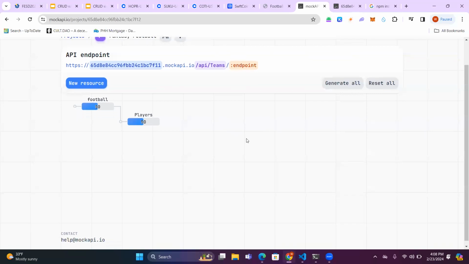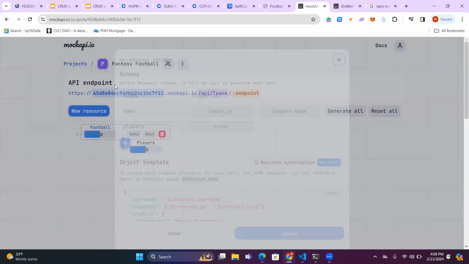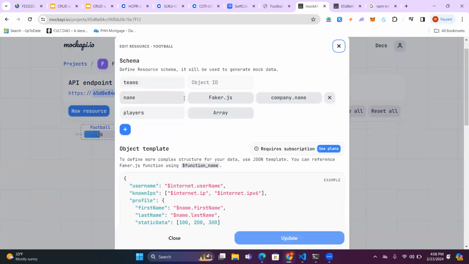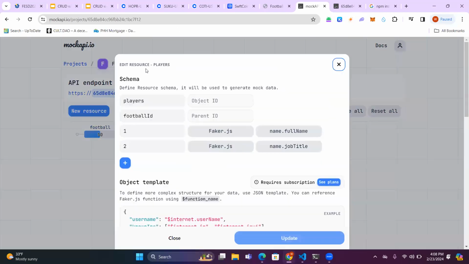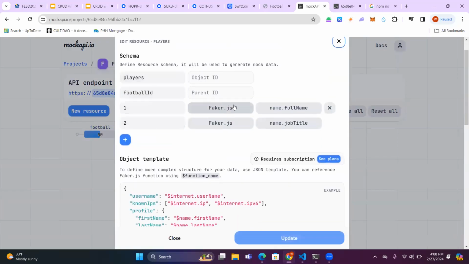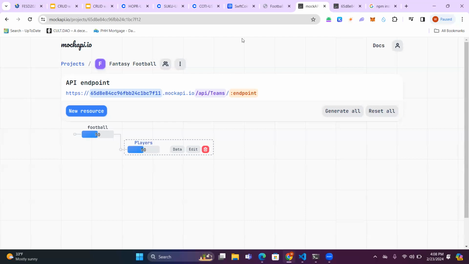I went to mock API and was able to create the project. Basically, what I ended up doing is calling the first one teams, followed by the name with the name of the company and players as an array. The second one that I tried to create was the players, and then I had basically full name followed by job title, I guess, which could have been the position of the player for the football game. And then, of course, I used that to